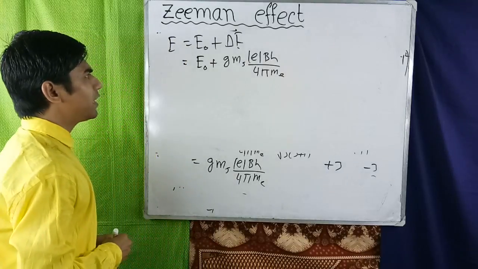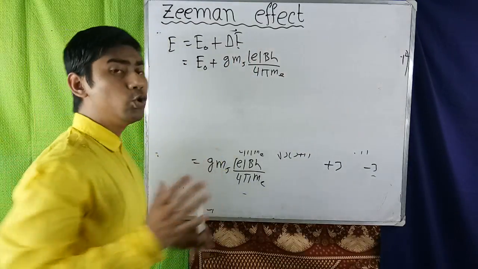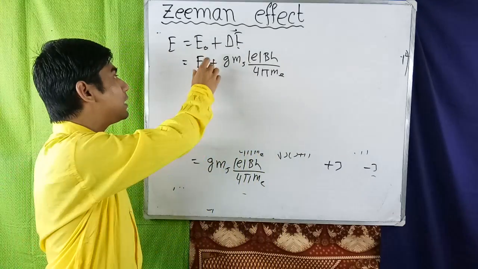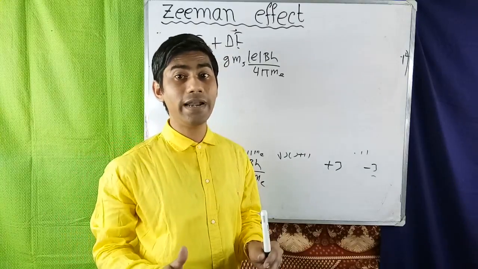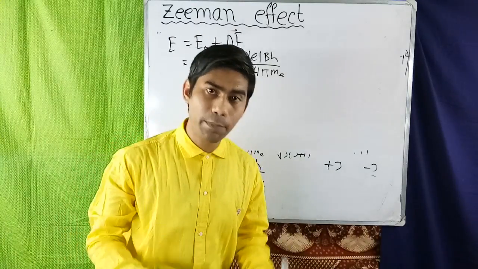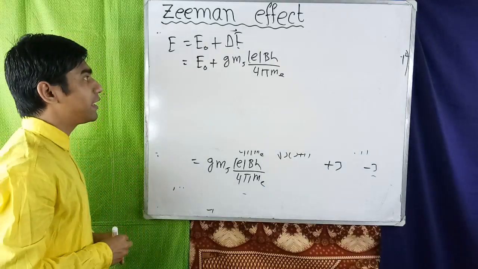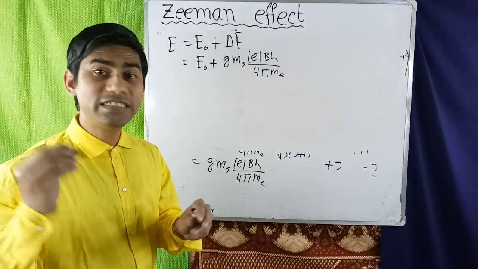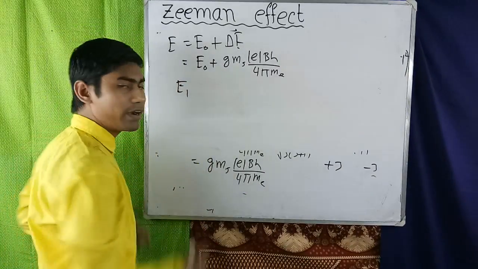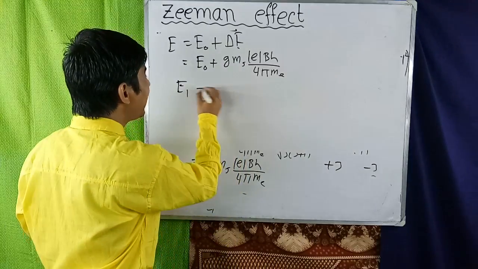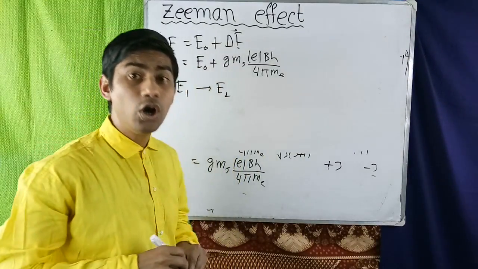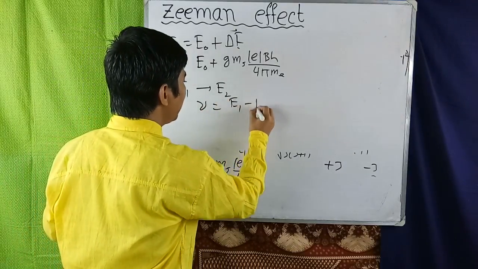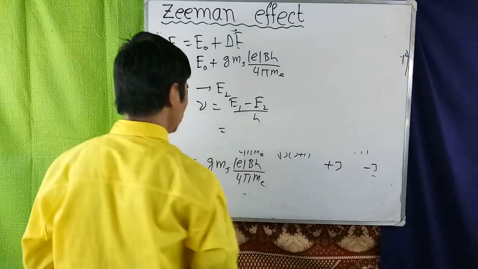Okay, now since mj can have 2j plus 1 number of values, the magnetic field splits the energy level E0 into 2j plus 1 number of closely spaced sublevels. Okay, now when an atom in the magnetic field suffers a transition from state 1 of higher energy E1 to state 2 of lower energy E2, a photon of frequency nu will be emitted, and nu equals to E1 minus E2 by h equals to